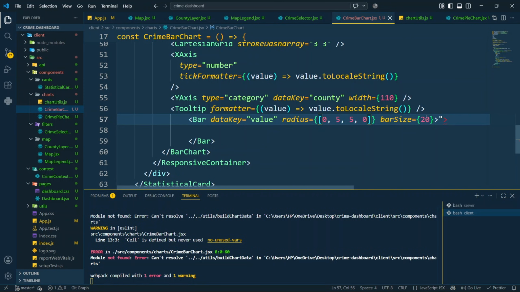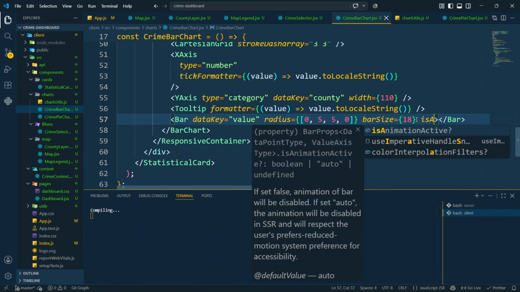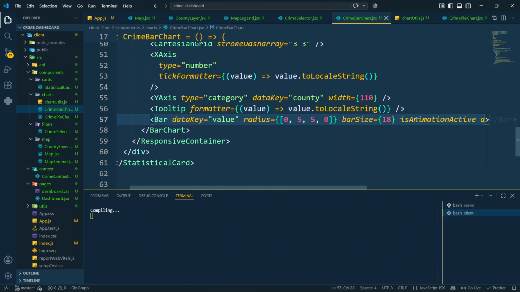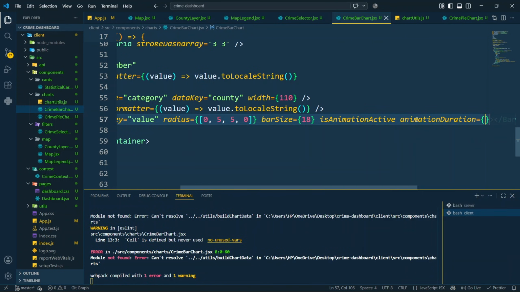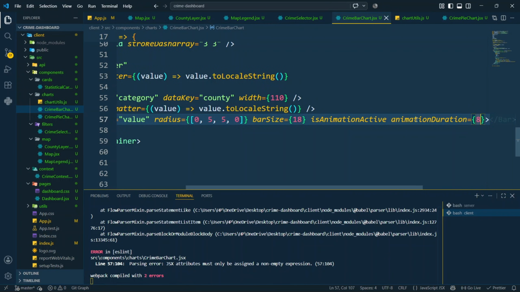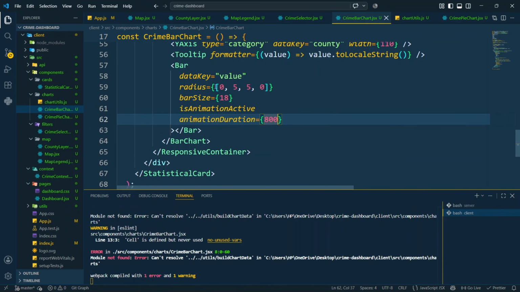Then the bar size is going to be 18 like this. So we have the bar size. We also have the animation duration. So here we can say animation. Of course we can set if it is active, so we can say is active if the animation is active like this, and then we can say animation duration, and this is going to be 800 milliseconds like this. So control save the bar chart, and now we have the bar here, and this bar is